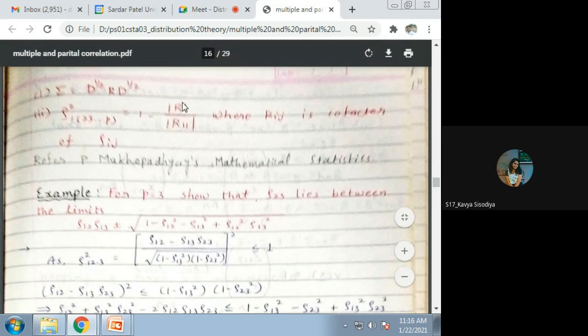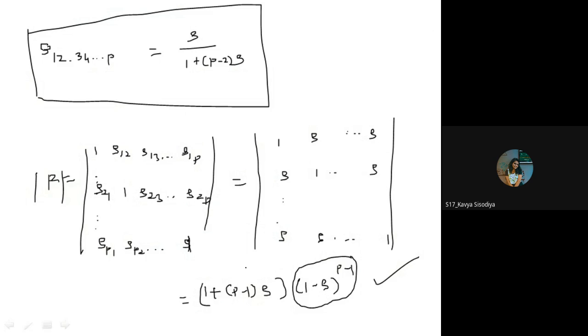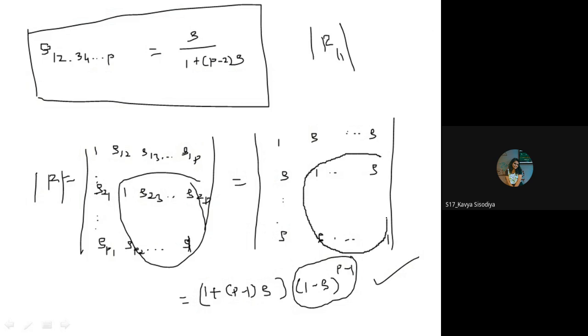Everywhere you have to keep rho. So it is a determinant of rho upon this. So determinant of rho you have obtained, and when you find the R11 determinant, that means first row and first column, how many elements are there in this? It is p minus 2 cross p minus 2 order. So where you had p minus 1, now substitute p minus 2. So it is a 1 plus p minus 2 rho into 1 minus rho raised to p minus 2. So you just take the ratio, you will get the answer.